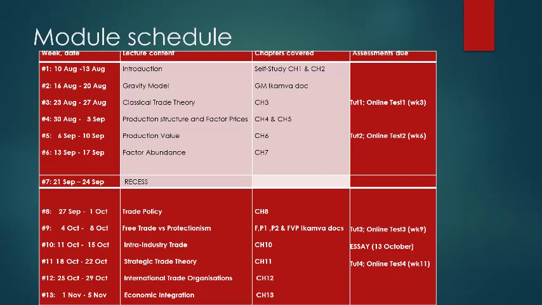Next week we will be doing the gravity model, an interesting model. It looks at how large countries are in terms of trading with other countries, taking few countries into consideration, and it also looks at the distances between countries and how that affects trade. That will be in next week's work. That is not from the textbook; it is a reading available on the course site.